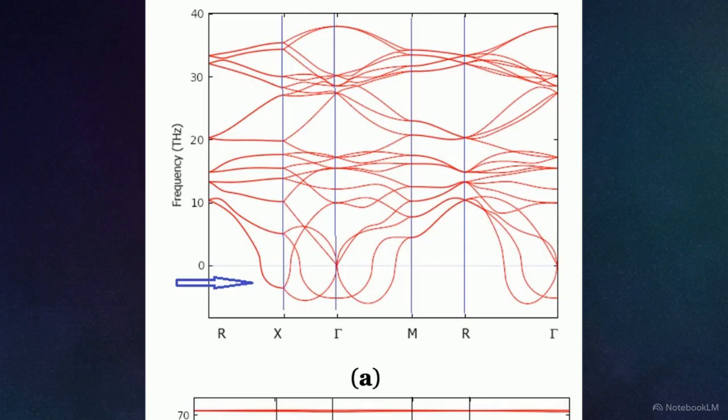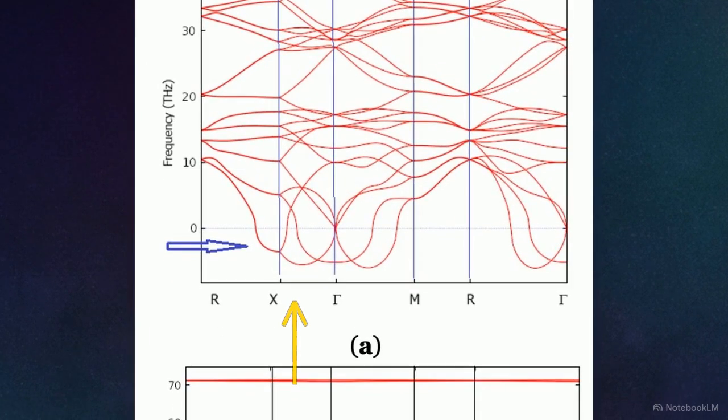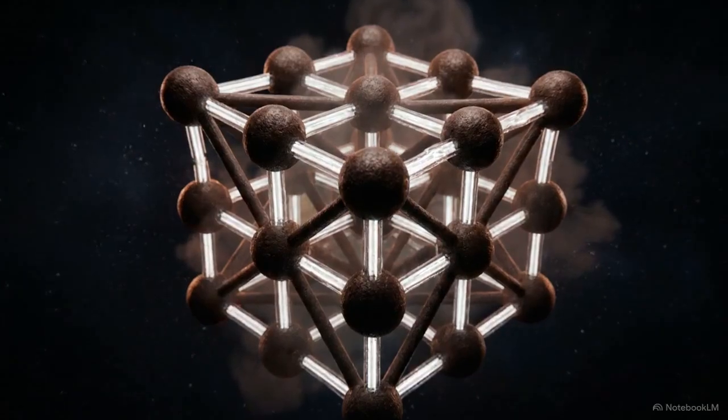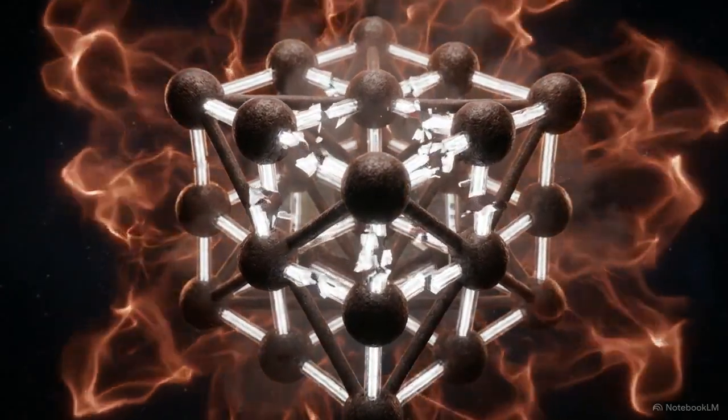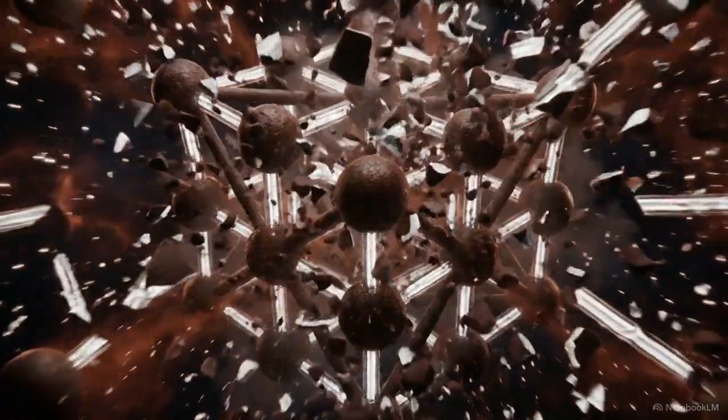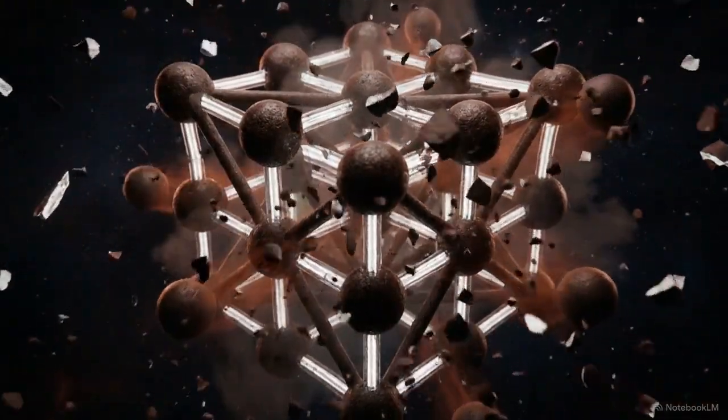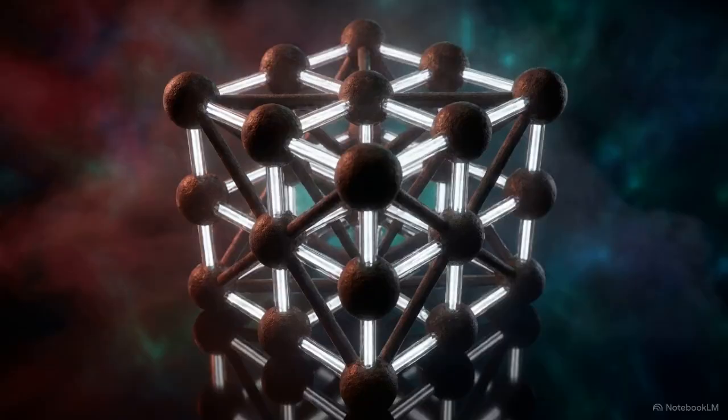This chart maps the acoustic vibrations of SRS-C8. As the highlight moves to the bottom of the plot, you can see the red lines dipping below the zero axis. These are negative acoustic phonon modes, meaning the molecule's own internal vibrations would shake it apart in the real world. A lattice must be able to survive its own quantum vibrations to be considered dynamically stable.